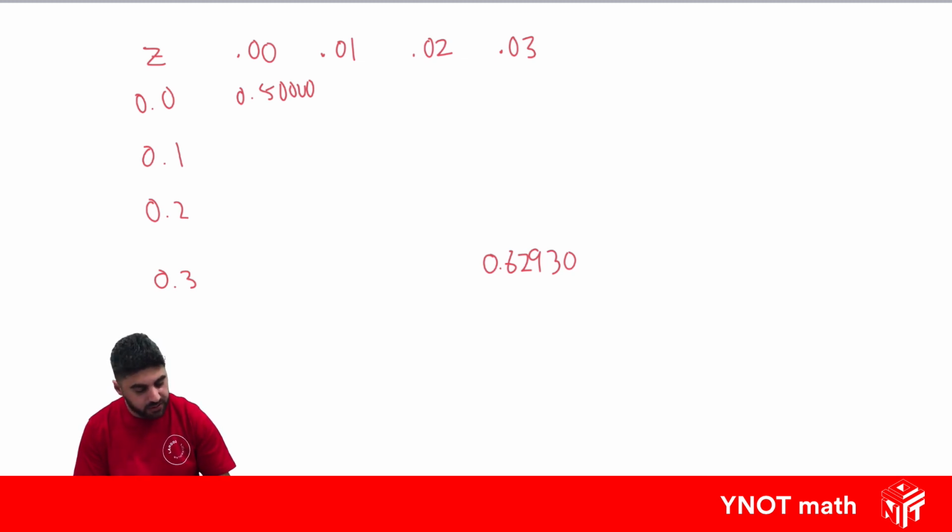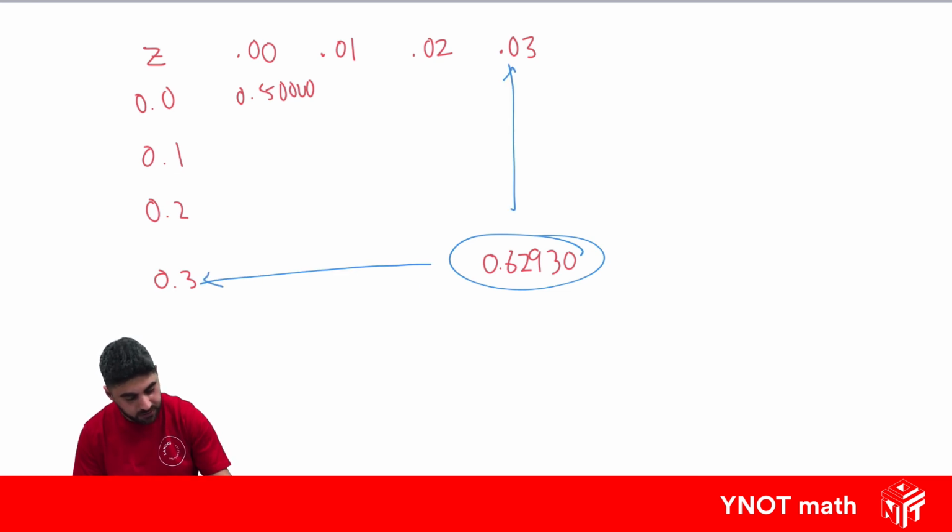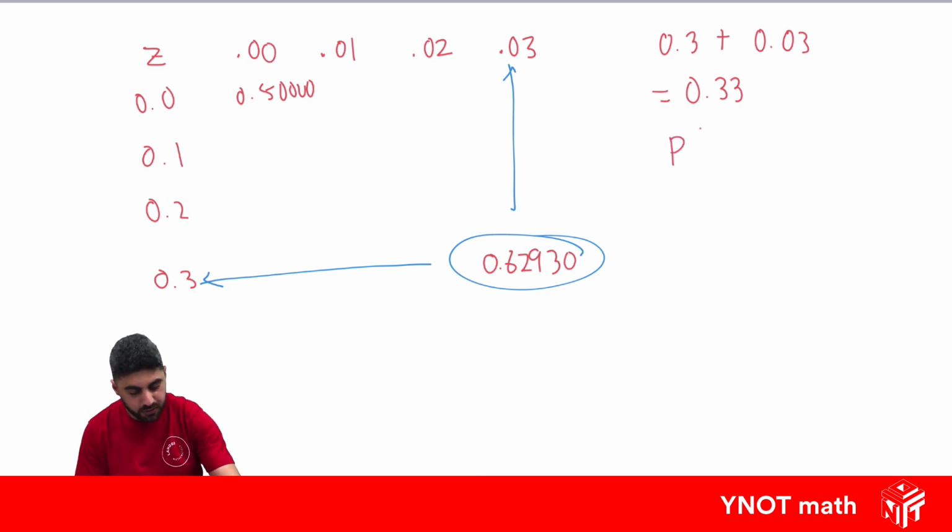Now, what do these values in the table mean? So let's look at this one in particular. That one there, let's draw up so it's lining up with this one and this one. All you have to do is add those two values together, so 0.3 plus 0.03, and that's going to give you 0.33. And the values in the table always give you the probability that z is going to be less than that value. So the probability that z is going to be less than 0.33 is